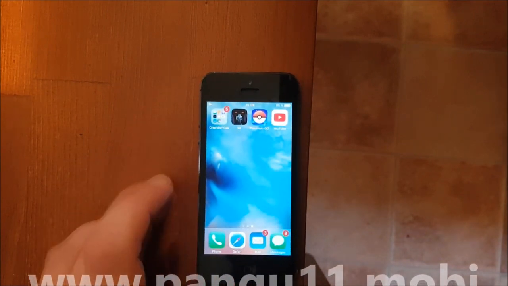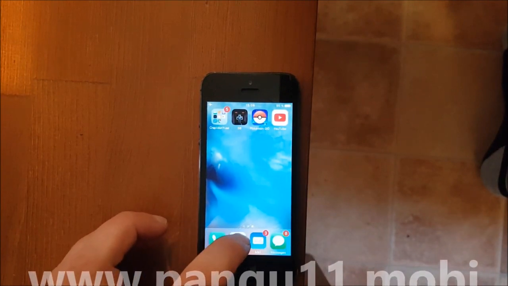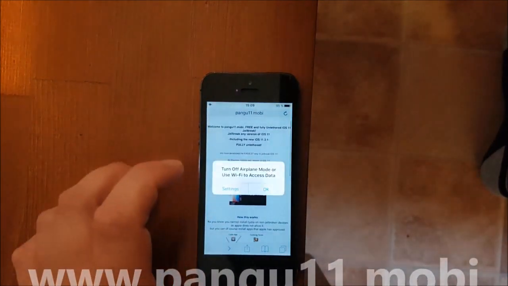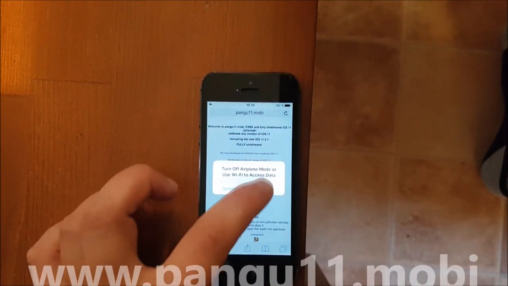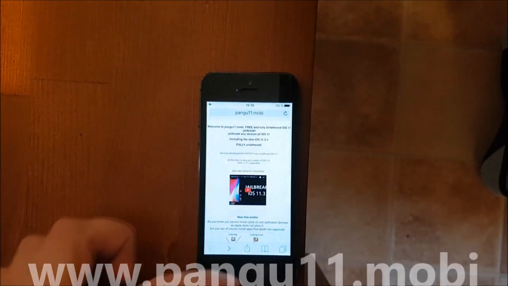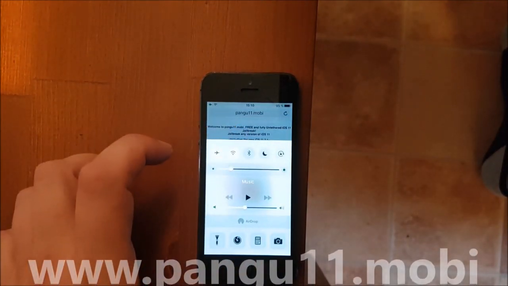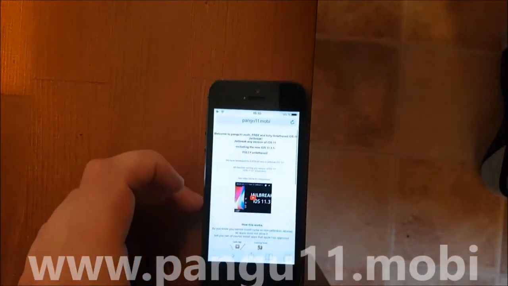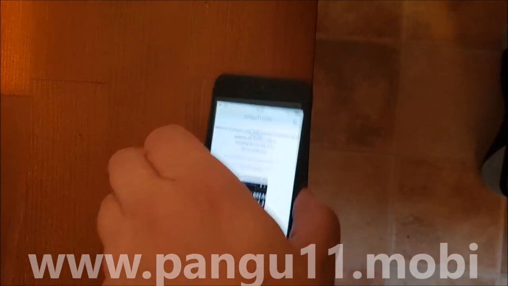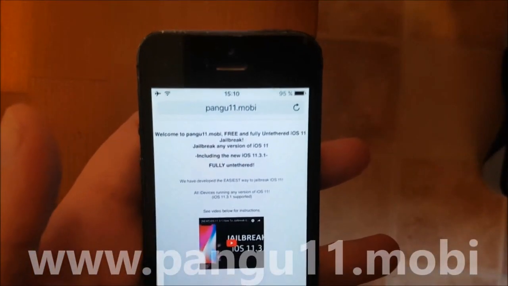Now what you do is simply start your Safari browser on your iOS device and, all right, I forgot about airplane mode. I'm only on airplane mode so I don't get calls while I record. There we go. Now, on your iOS device, start your Safari browser and go to this address,